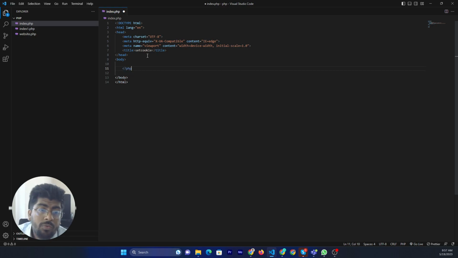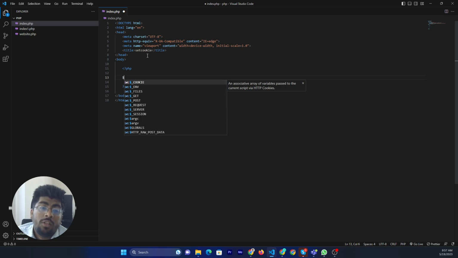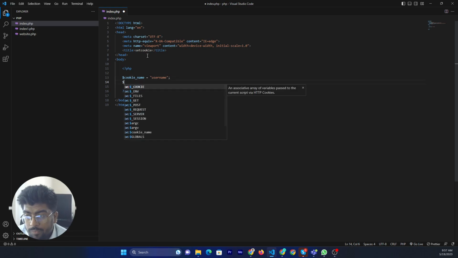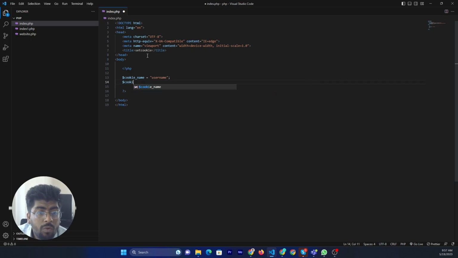So first of all, paste index start and alright. So now I assign the variable cookie name, like username, and cookie value. Cookie value as right, like